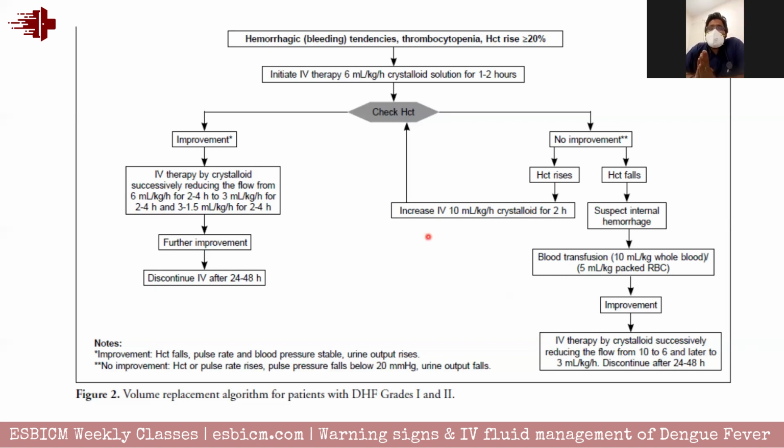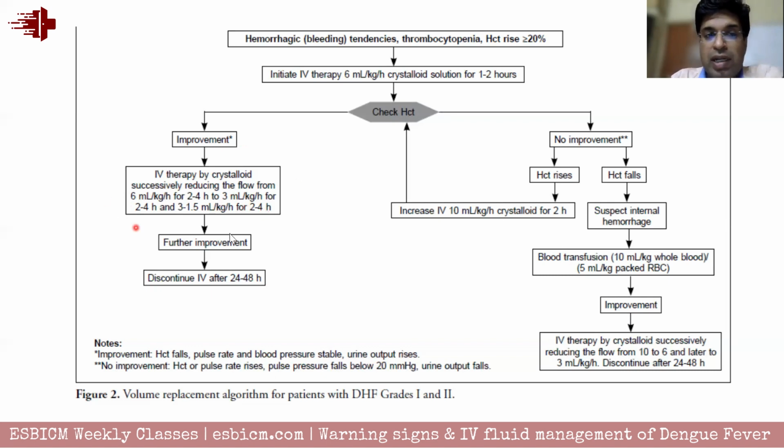Okay. It is for the moderate dengue fever. So now if we calculate for practical purposes, suppose you have a 70 kg patient. So 7 into 6, 42, means somewhere around 420 ml per hour. So roughly it's around 500 ml per hour. You should resuscitate with the fluid for a couple of hours. Then if you reduce to 3 ml per kg, then means 300 ml per hour. Then 3 to 1.5, so somewhere around 100 to 150 ml per hour for 12 to 48 hours.